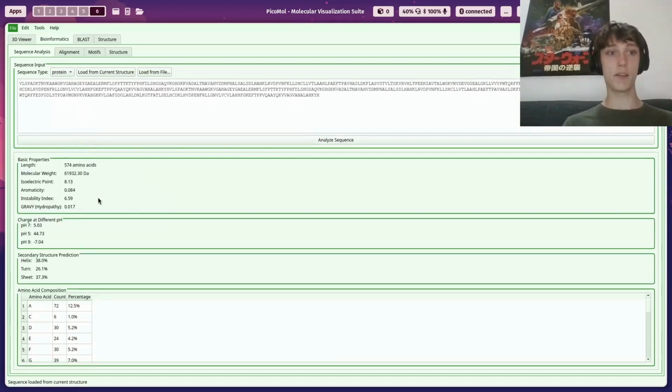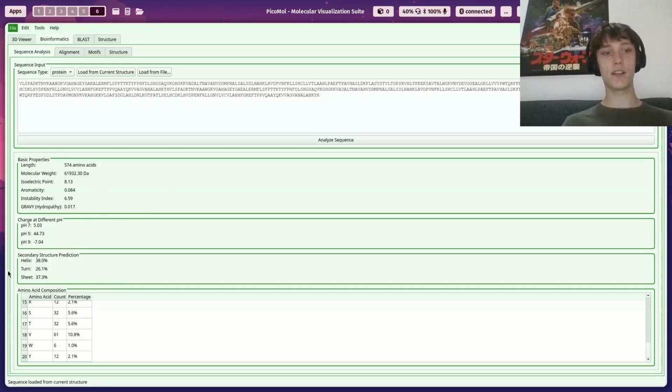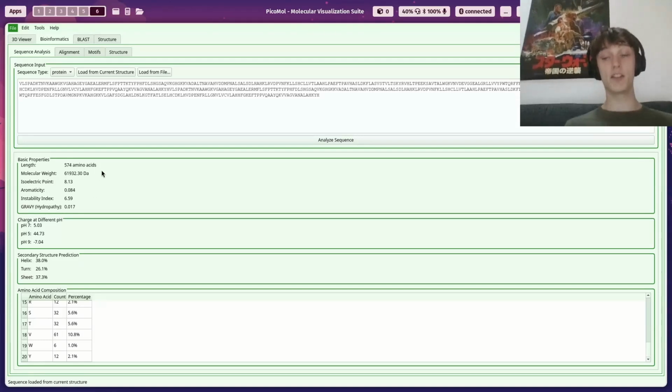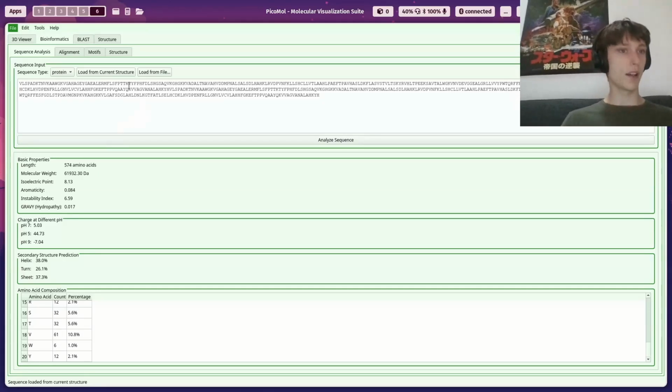What it does is give me basic properties of the protein, the amino acid composition with percentage and number, charges at different pHs, and a prediction of the secondary structure. Nothing fancy like AlphaFold, it's just using BioPython. So it's all open source and free. What I can also do